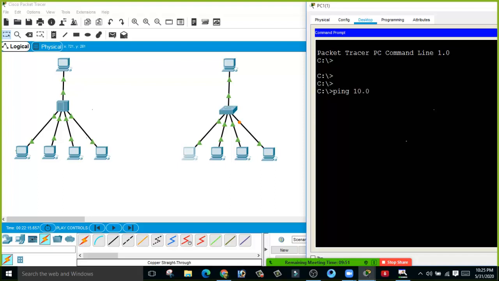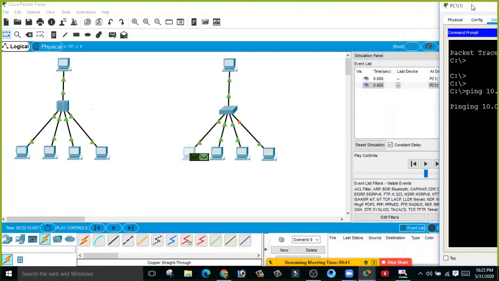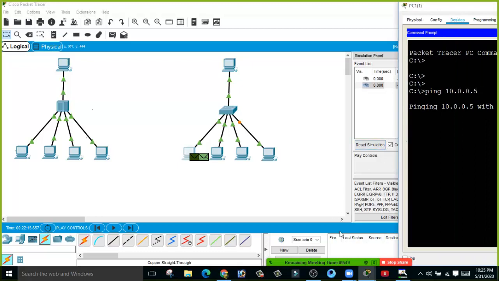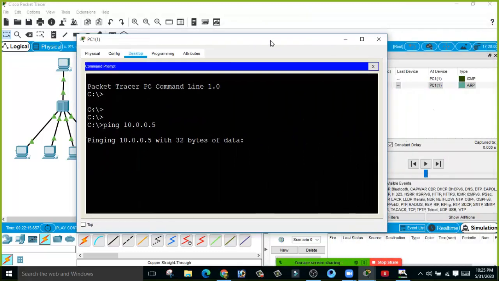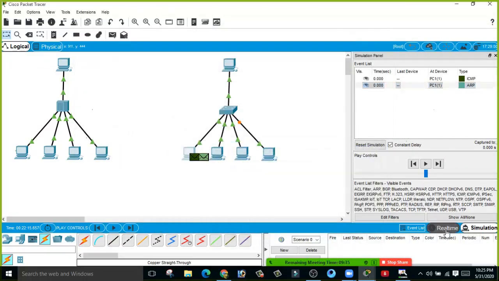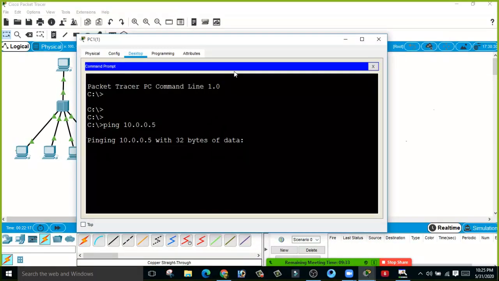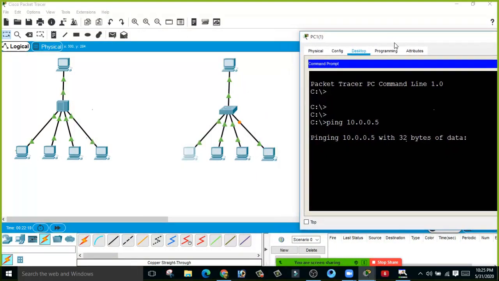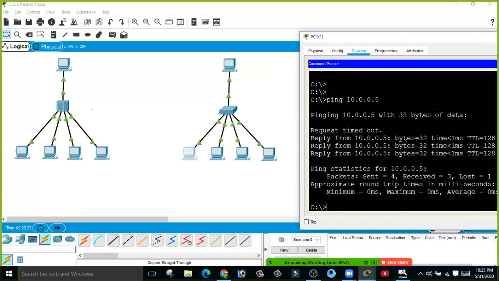Here 10.0.0.5, hit enter. So see, I am getting a reply.